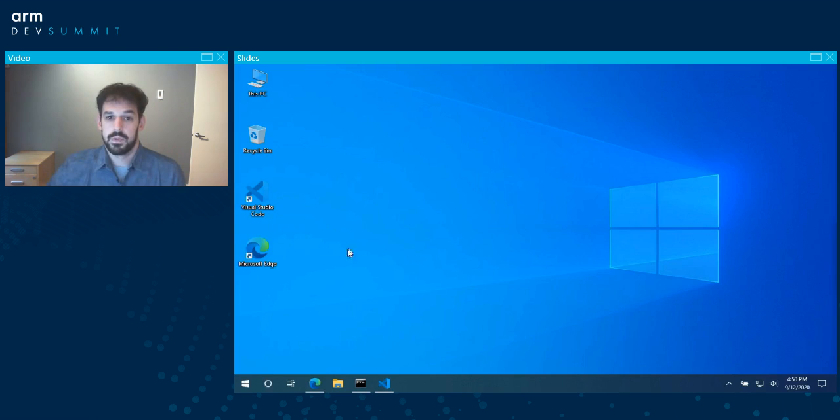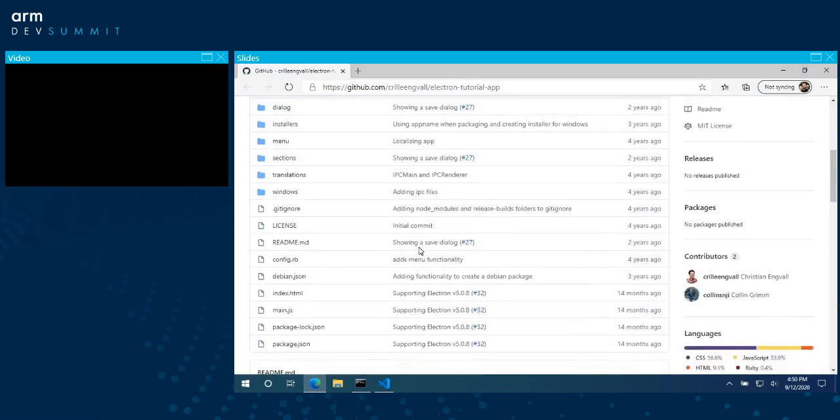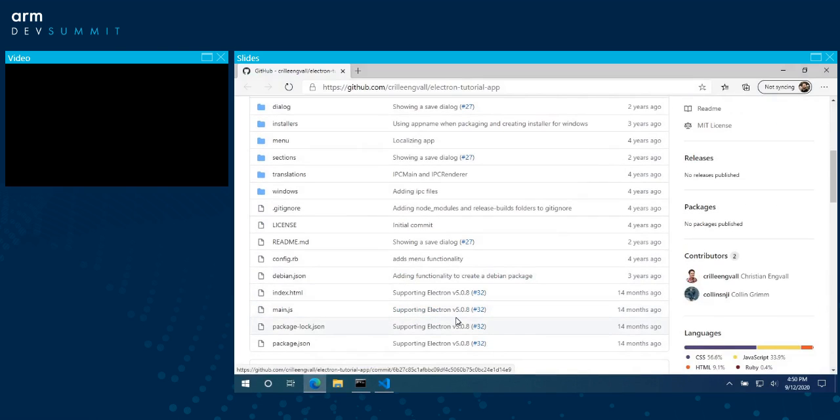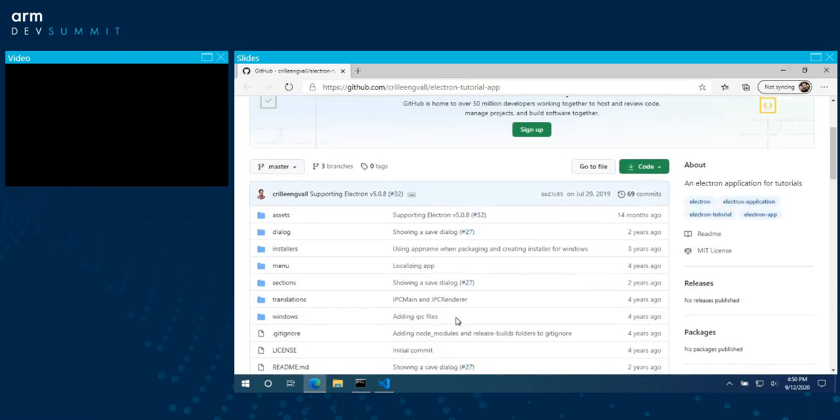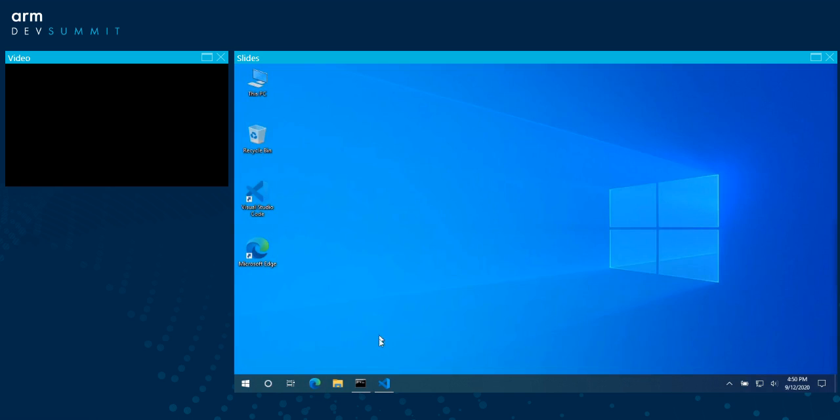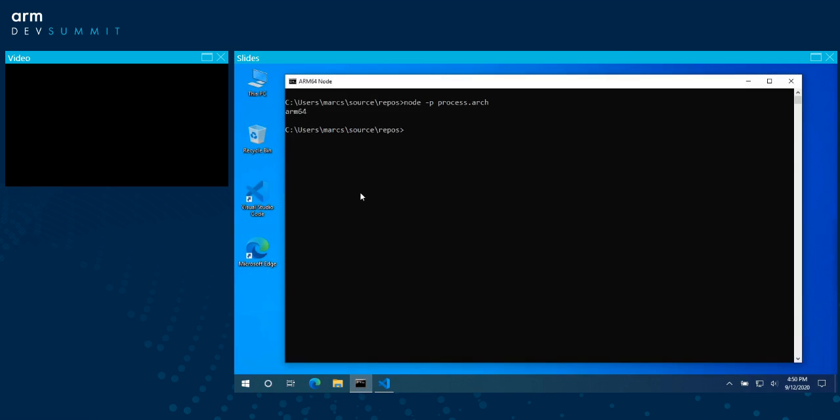To wrap my head around Electron, I stumbled upon the Electron tutorial app. I found it to be a great tutorial, but by now it's a little out of date since it was last tested with Electron 5. But now let's try building it for ARM64. Here I have an ARM64 Node.js, as you can see. I'll clone the repo for the tutorial